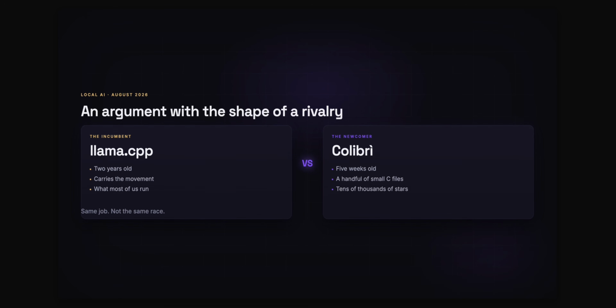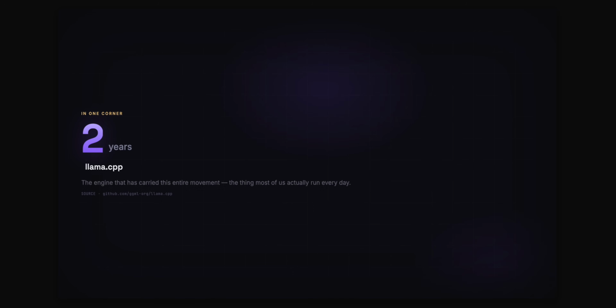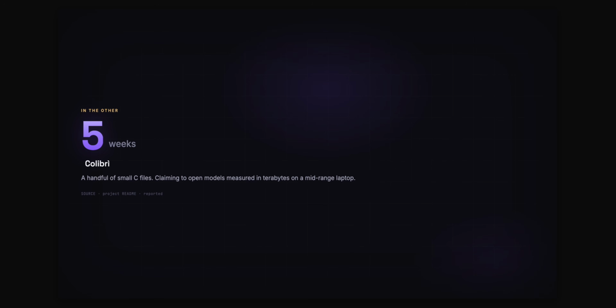There's an argument running through every local AI space right now, and it has the shape of a sports rivalry. In one corner, llama.cpp, the engine that has carried this entire movement for 2 years, the thing most of us actually run every day. In the other, a newcomer written as a handful of small C files, 5 weeks old, tens of thousands of stars, claiming to open models measured in terabytes on machines with the memory of a mid-range